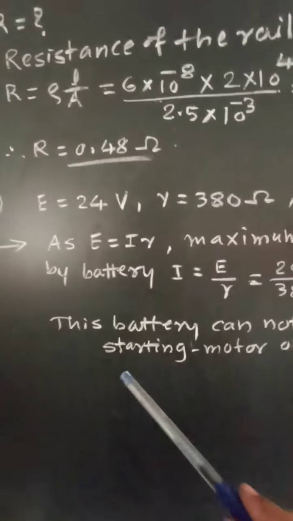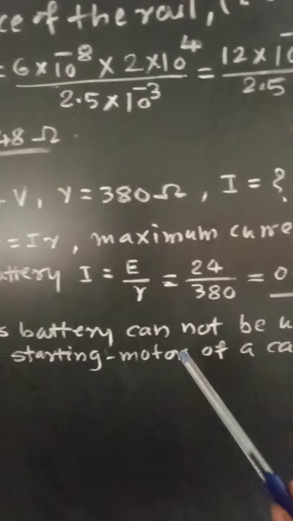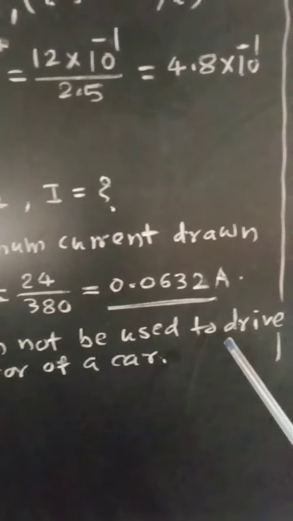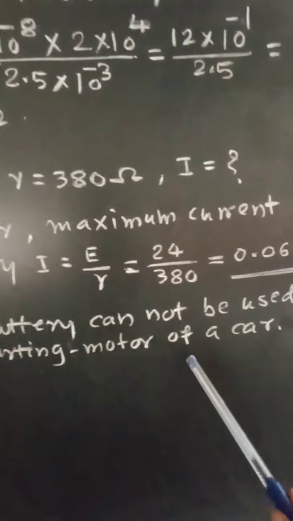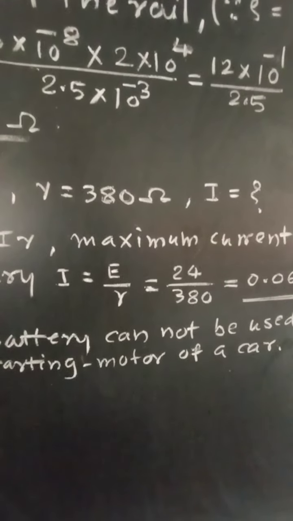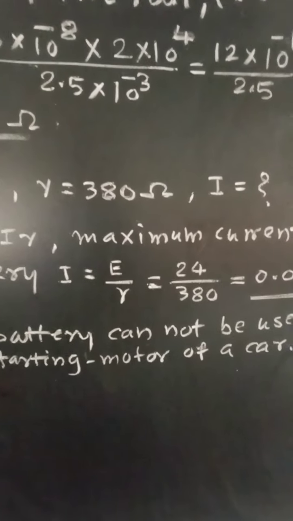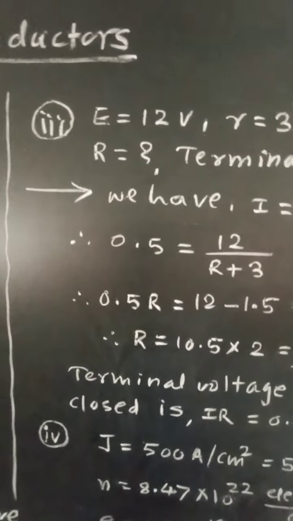Now this battery, as it is having very low current, therefore this battery cannot be used to drive the starting motor of a car. Now let us see next numerical, that is numerical number 3, which is given as